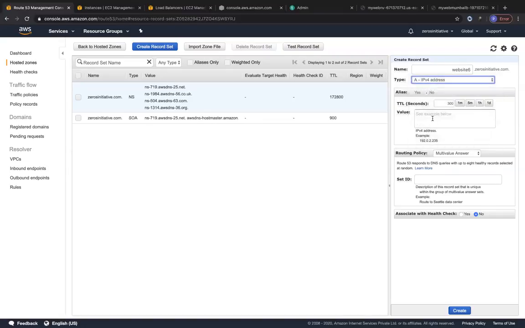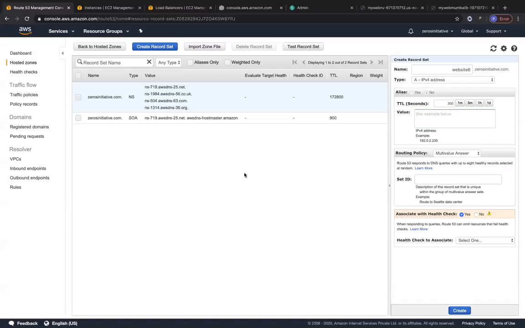So you can give up to 8 IP addresses separated by comma over here. So it will respond back with all of your healthy hosts. And you can also associate this with the health check that you create, right? So you can create 6 or 8 health checks for individual endpoints, individual IP addresses and so on. So that's multi-value answer routing policy. You can specify up to 8 healthy records, and you can also associate individual health checks with the individual IP addresses that you mentioned over here, right?